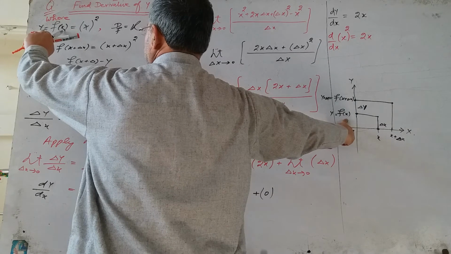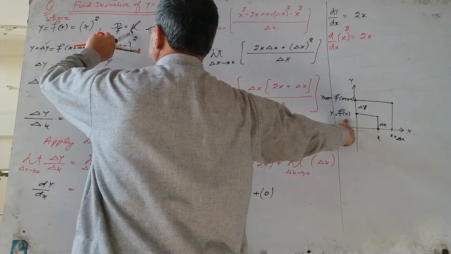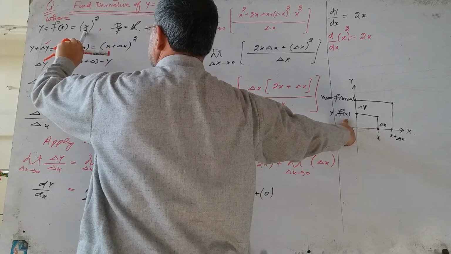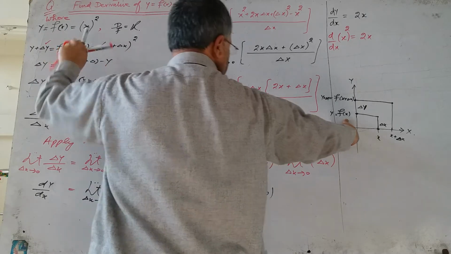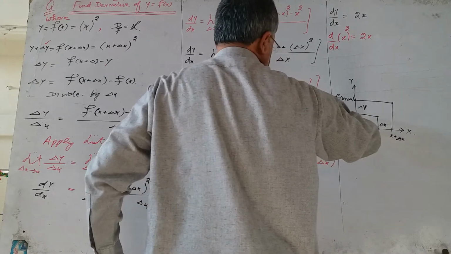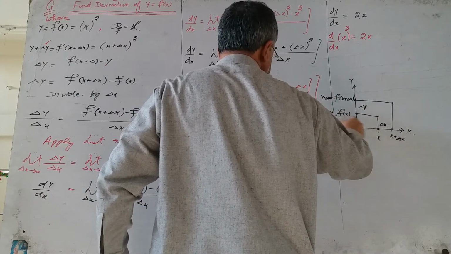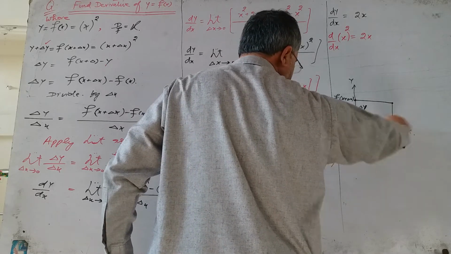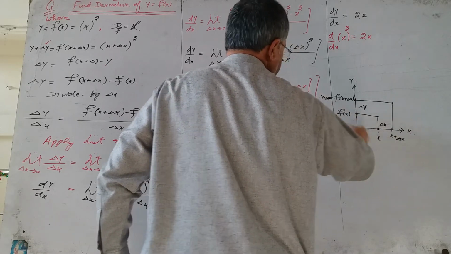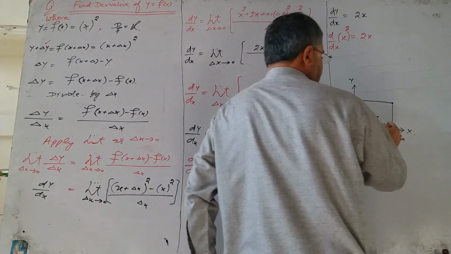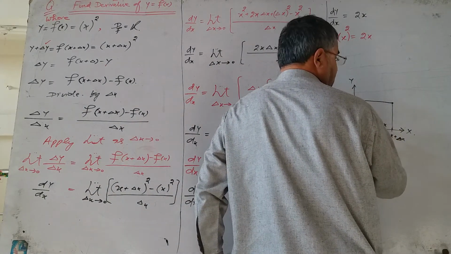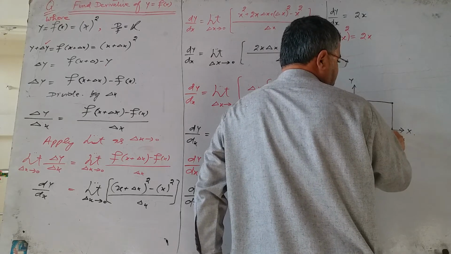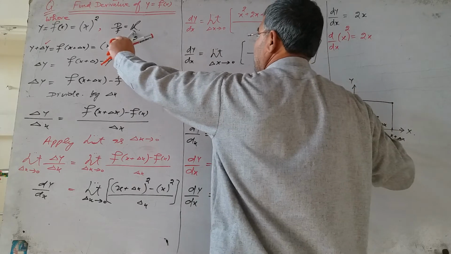When we substitute x from the domain set of the function, the value of the function y will be calculated from x square, which is a point on the y axis, because the function is defined on the set of real numbers, and this point is a point of the domain of the function f of x. We add the change del x in the independent variable. The next point will be equal to x plus del x, and this point is also a point of the domain of the function f of x.